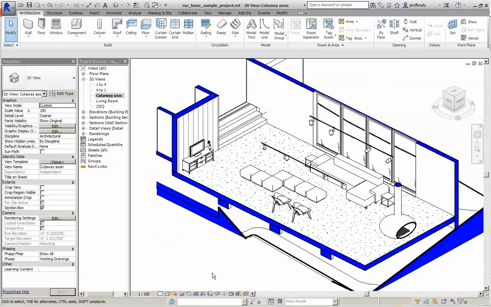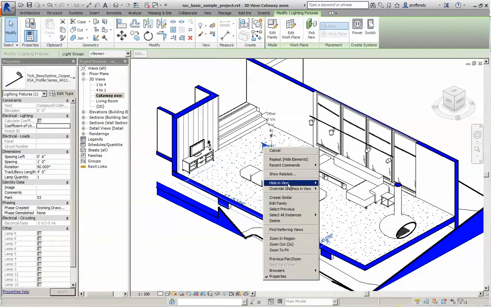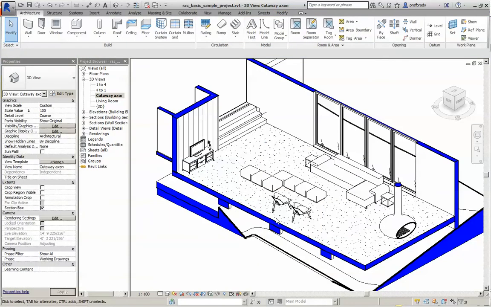This is particularly good for space planning projects or multi-story projects where you want to show simultaneously multiple levels. These light fixtures are a little weird, so I'm going to hide those in this view. But you don't have to. You can leave things in like that if you find that there's a lot of interaction between the lighting placement